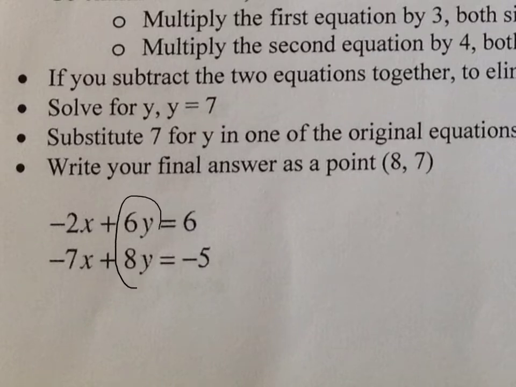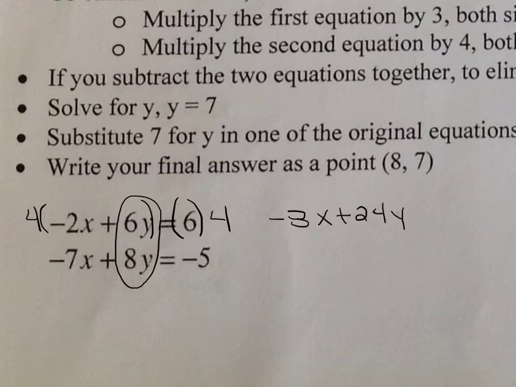I choose our y values because I know that there is a least common multiple for 6 and 8, and as there is for -2 and -7. I choose 6 and 8 because it's easier for me, and the least common multiple of 6 and 8 is 24. So I'm going to multiply both sides by 4 here and 4 here to get -8x